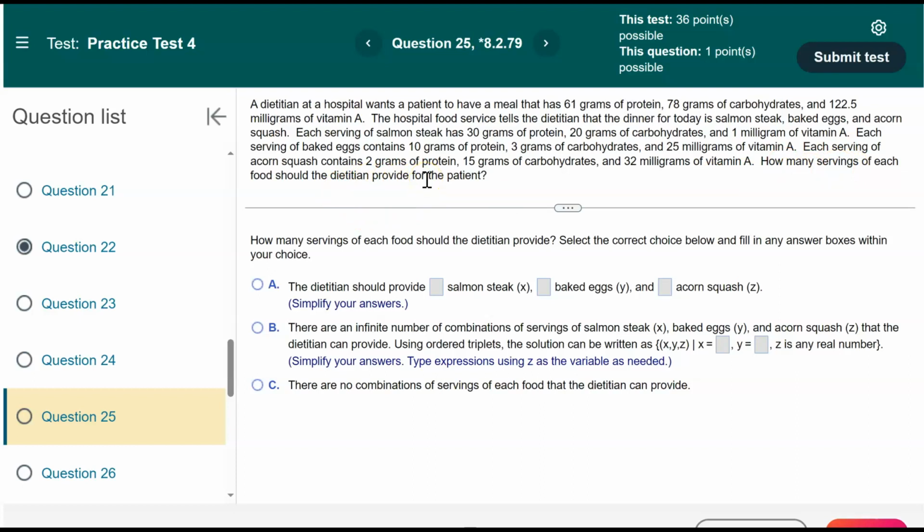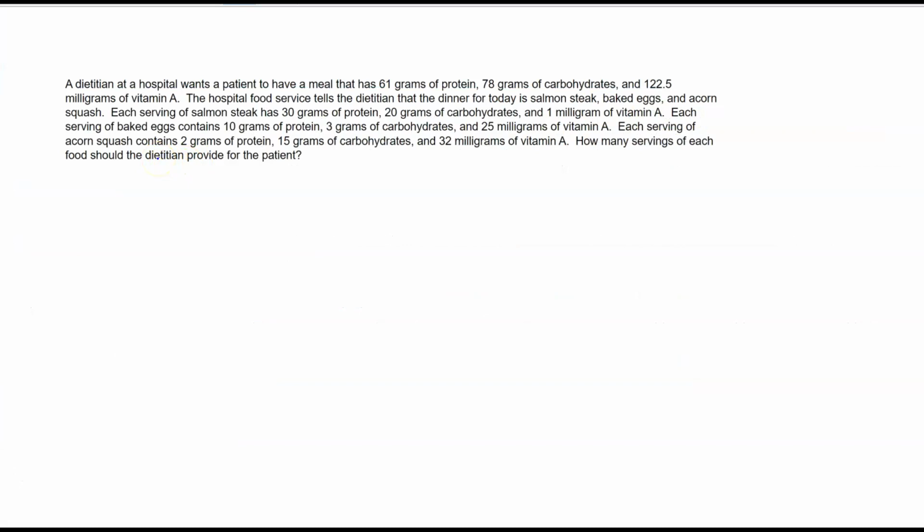Okay, so to solve this, we know that we have so many unknowns, right? But we would start by looking at the question. So the question is, how many servings of each food should the dietitian provide for the patient? So that means we want to know how many servings of salmon steak, baked eggs, and acorn squash to meet the requirements. Hence, we will start by letting x be the number of servings